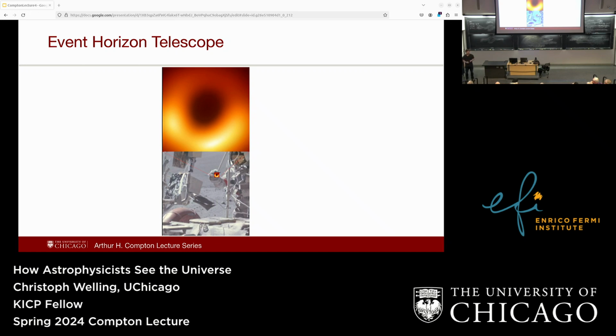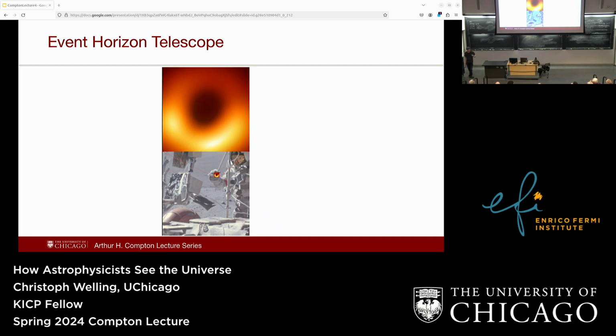Yeah? So with this technique, are we seeing just sort of the grayscale, the intensity of the light, or are we also able to resolve different colors of the light? Well, this is basically just at one frequency, but you could repeat this for different frequencies. It's just that the amount of data they had to go through to do this was kind of insane. So it would be pretty expensive. Even just the power to run the computers would be pretty expensive, and it's probably not worth it. But in principle, you could do this, yes.